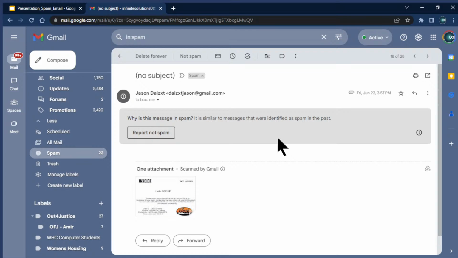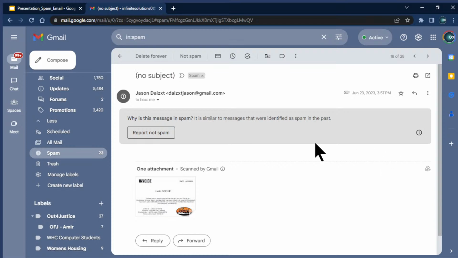You can report it if you want, but that's not going to do much because the people behind it are just going to create a new email address and try to send you spam again, right? So for me, in my experience, the name, I don't recognize it. I'm going to delete it, okay? But just for the purposes of showing you how to identify a spam email, I went ahead and opened the email. So there was no subject, which raised my eyebrow.